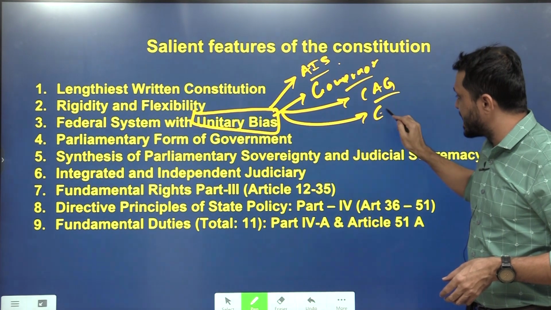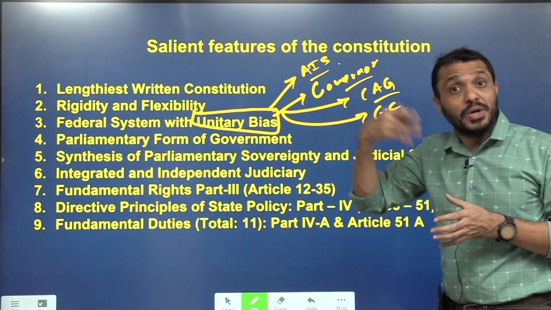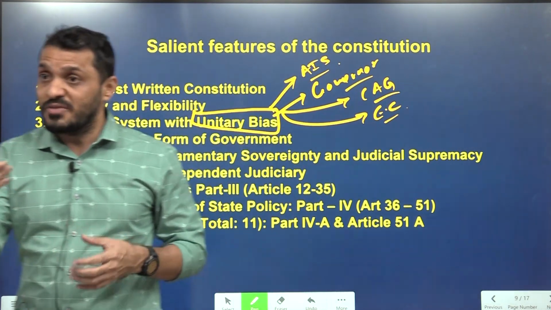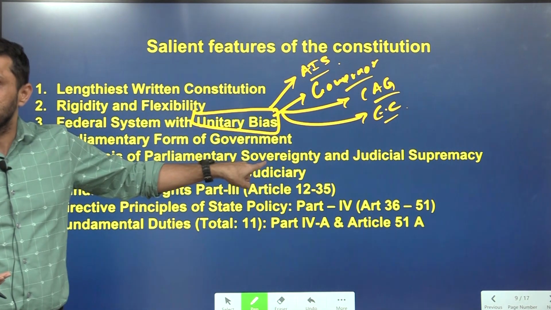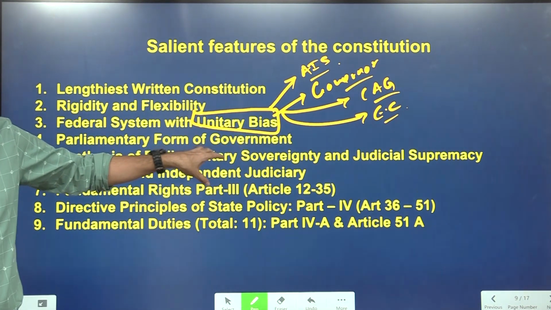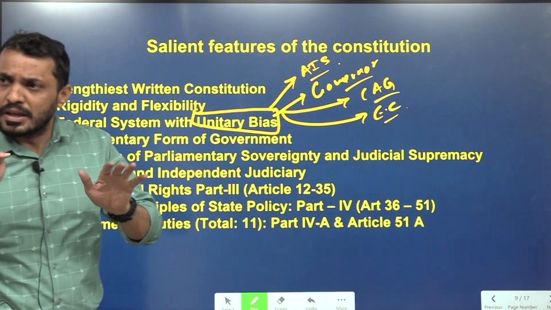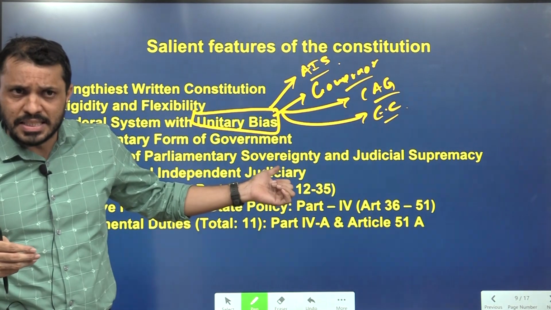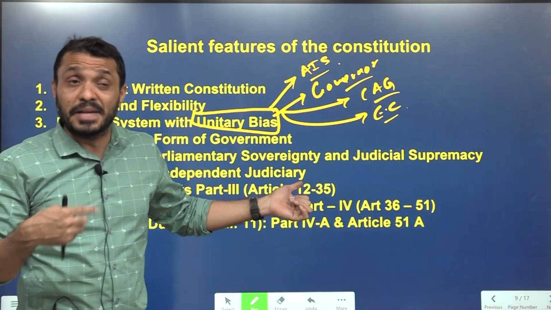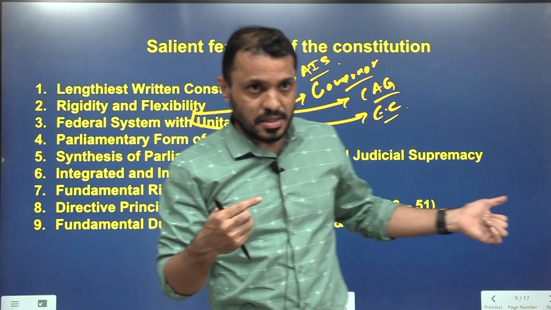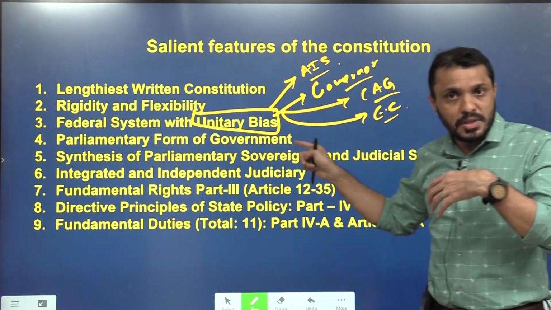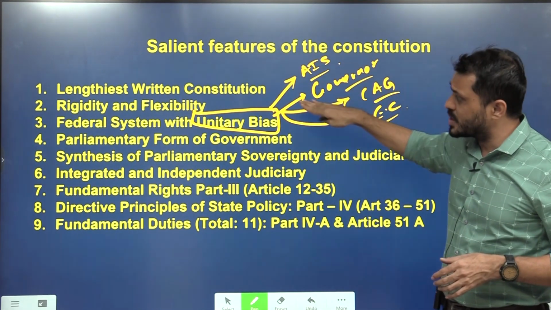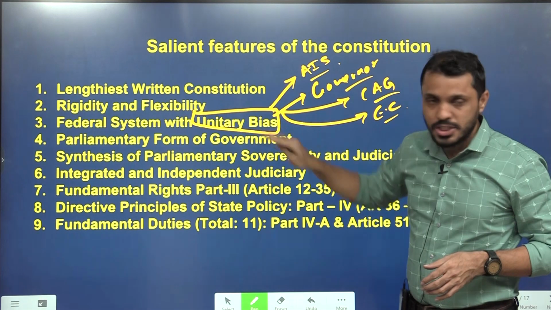Even the Election Commission of India is promoting more unitary compared to federal. Recently, the Supreme Court also expressed some reservation regarding the Election Commission, because the Election Commission of India is now a 3-member body, and they don't have any explicit qualifications. Whoever they want, they are appointing as election commissioners. Because of that, the independence of the election commission is getting disturbed. So this is also giving more powers to the center. These are just some examples of things giving more powers to the center compared to states.